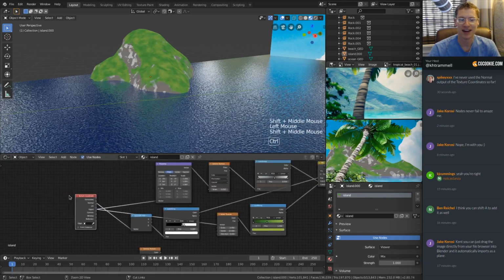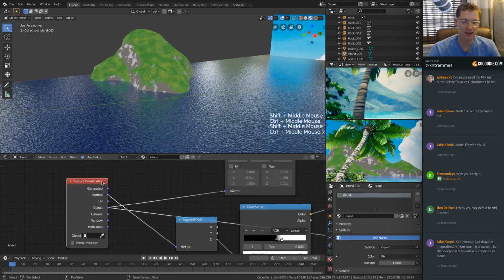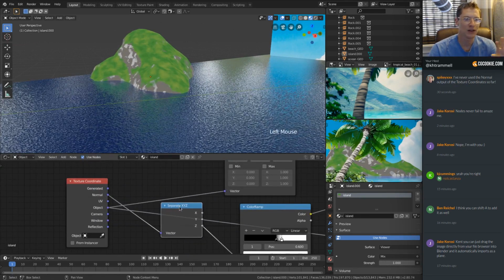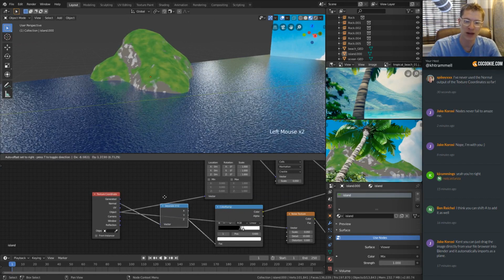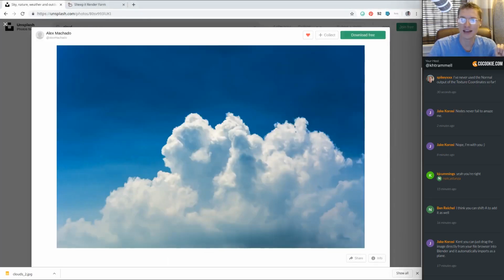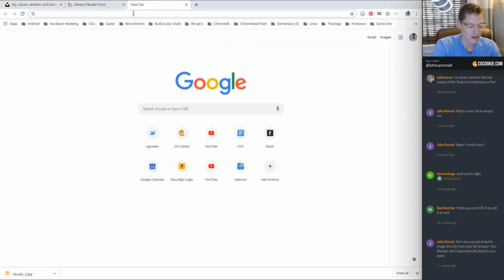Nice. I've not used it very often, but for this separating the normal value, I think Andrew Price did a video on how it could be used for dust, for example, because dust falls on surfaces facing up. So that's another great use for it. But the person who blew my mind open when it came to what you can do with nodes, and this is a very simple example, is Bartek Skorupa. He is a genius. And if you want to check out